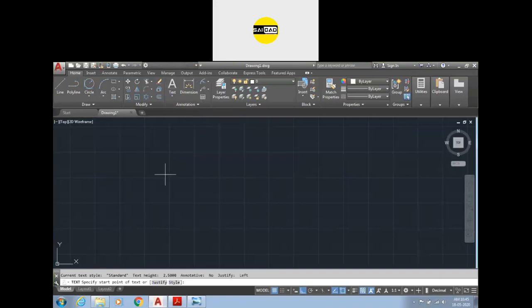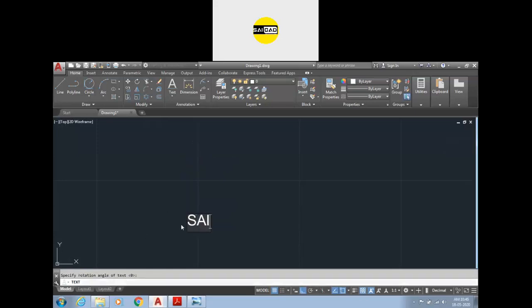For single line text, you have to specify the start point of the text. You have to specify the height, I want to specify 5. After that you have the rotation of the text. I don't want any rotation, so 0 value. Now you can type anything. Okay, if you press enter